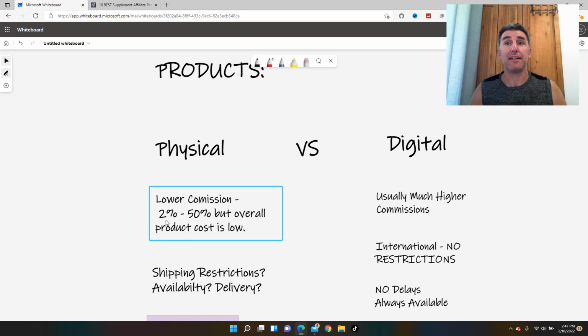Sure, you can make 45% commission, 40% commission, but when the product only costs $12 or $30, that's not a lot. If it's a $100 product and you're selling it and making a 40% commission, that means you make, I think, $40. So at $100, you would need to sell a lot of them to have any real income. Now, it's not that it isn't a good place to be, but it takes longer.